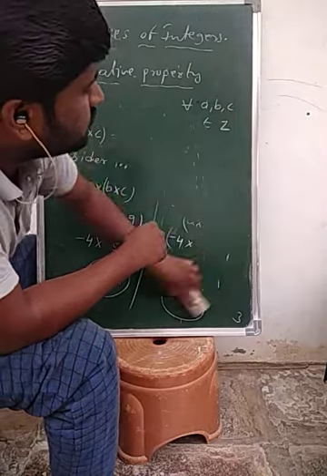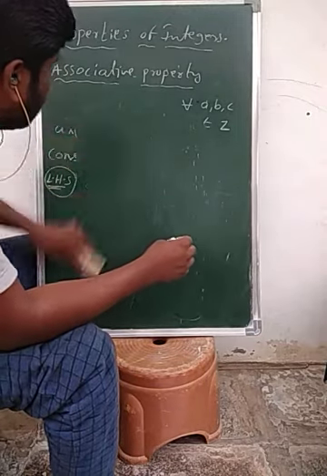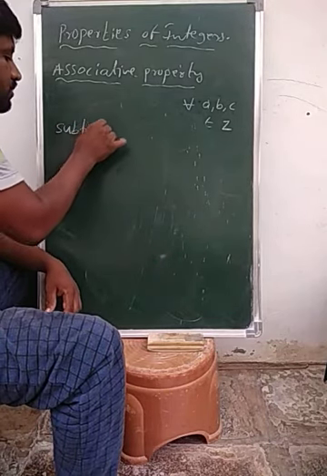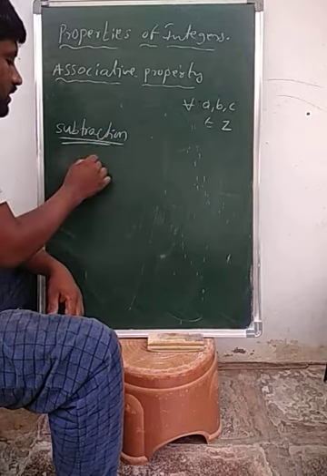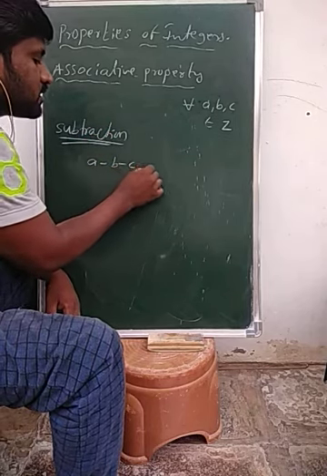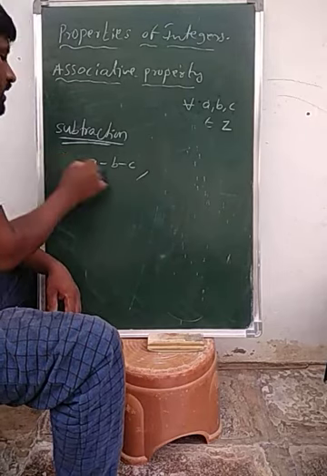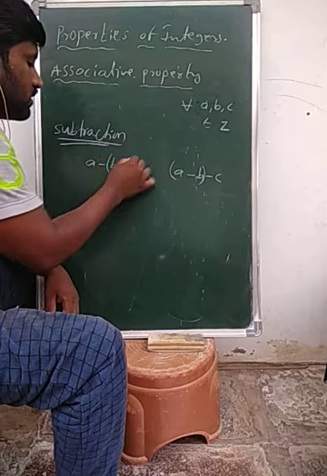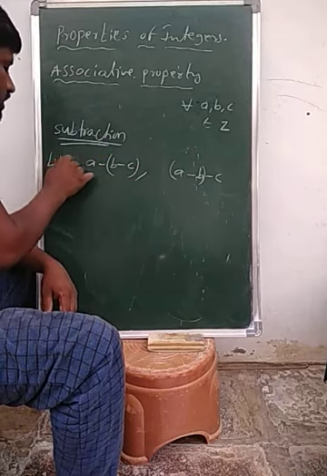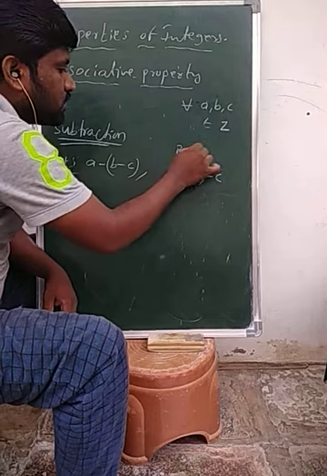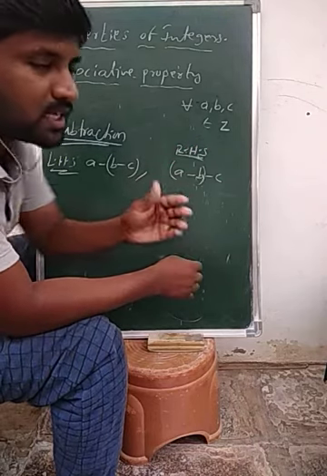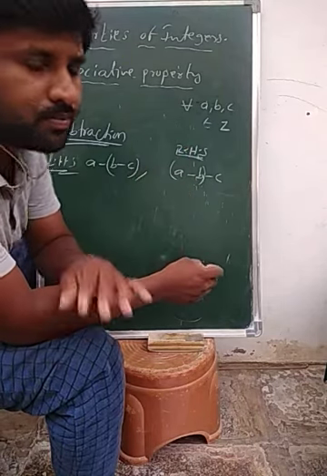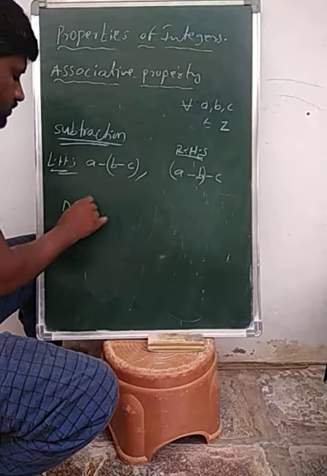you practice the associative property under subtraction. For the associative property under subtraction, you take any three integers: a minus b minus c, and this is the LHS part, (a minus b) minus c. Now you check the LHS part and the RHS part. In the place of a, b, c, you take any three integers and check whether LHS and RHS are equal or not equal. And like that only, division also,